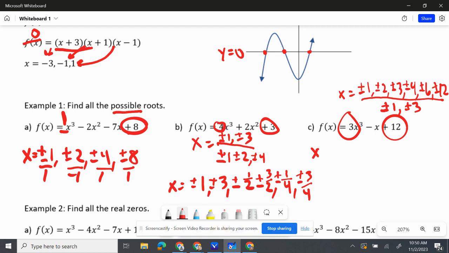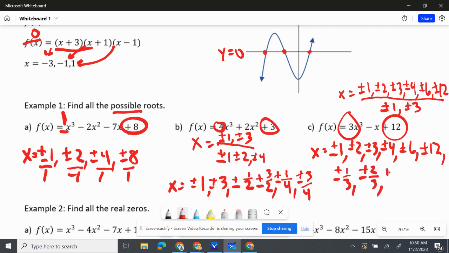So we have x equals plus or minus 1, plus or minus 2, plus or minus 3, plus or minus 4, plus or minus 6, plus or minus 12. We're going to take each of those values and divide them by 3. So plus or minus 1/3, plus or minus 2/3,